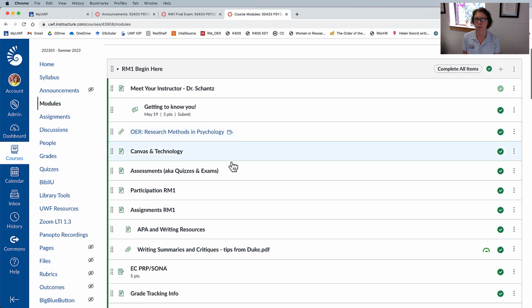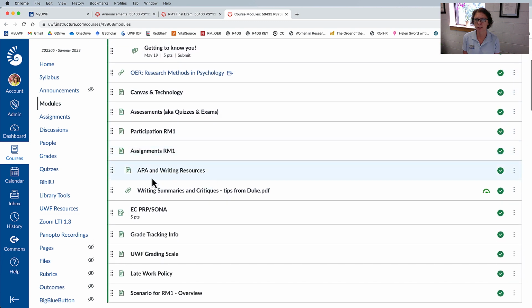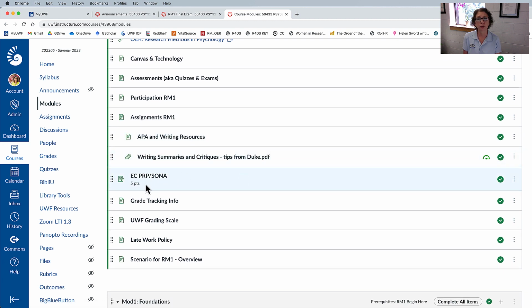So we're just moving through this. We did assignments. You have resources for writing. Here's an example or some extra resources for writing summaries and critiques. We have an extra credit opportunity with doing PRP, also called SONA, and that's due by the end of the term. If you're not familiar with SONA,